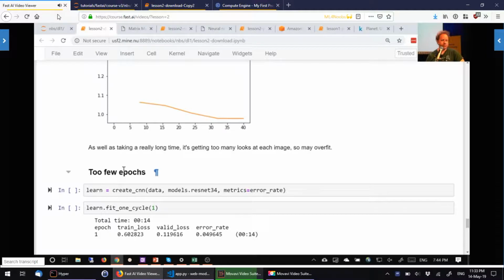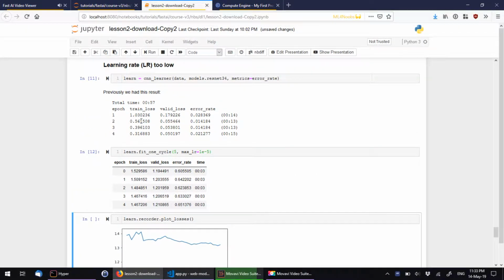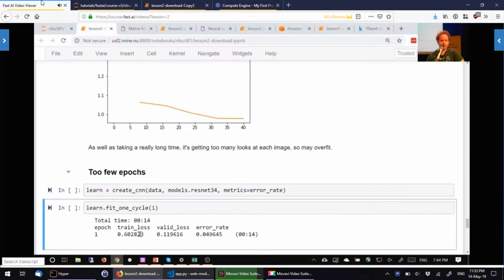Too few epochs. So what if we train for just one epoch? Our error rate's certainly better than random, 5%, but look at this. The difference between training loss and validation loss. The training loss is much higher than